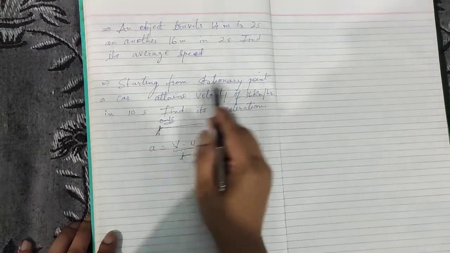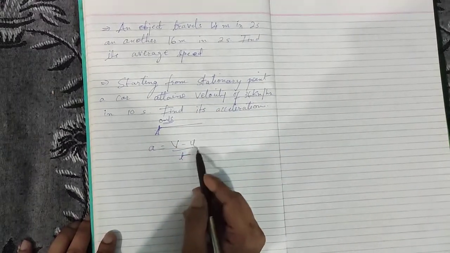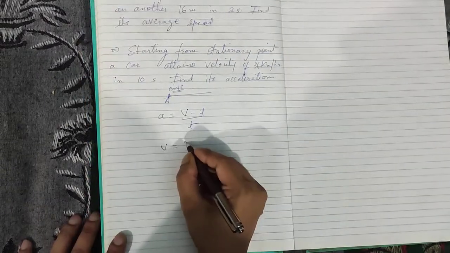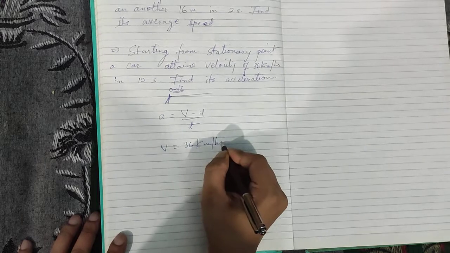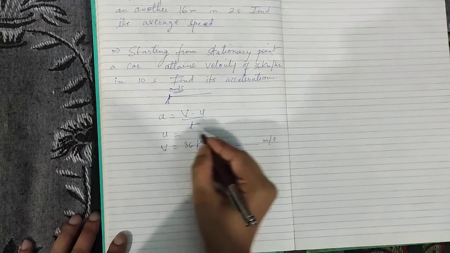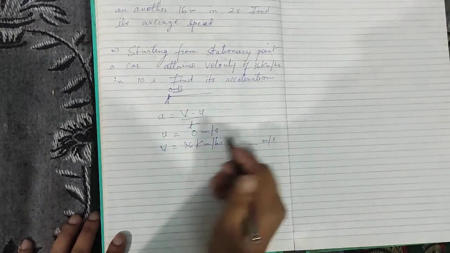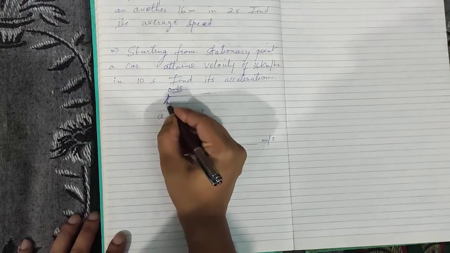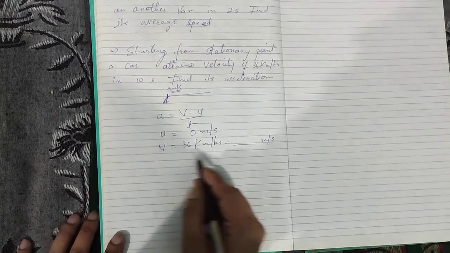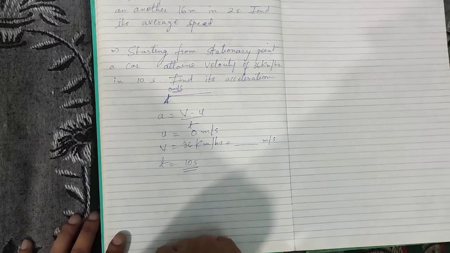So it is said that the car attains the velocity of 36 kilometers per hour. So we are to assume that this velocity is the final velocity. So the final velocity v is 36 kilometers per hour. You will have to convert that into meters per second, but the initial velocity is a hint from me, that is 0 meters per second, because it is starting, it does not have any velocity. So when it is starting from point A, its velocity is 0 meters per second. Okay, and finally time t is also given to you as 10 seconds. I hope it is clear to you students.